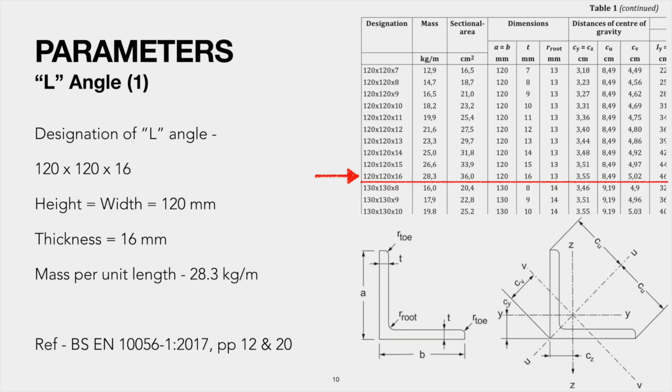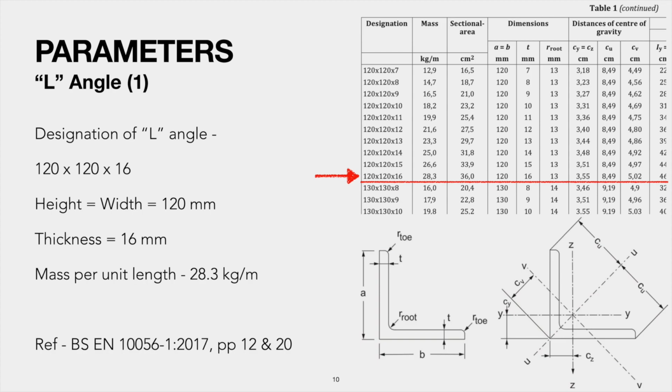L angles are used to make connections between different steel elements as well as to connect to concrete foundations. Specific names are allocated to L angles depending on the position, such as erecting cleat, angle cleat, web cleat and so on. In this exercise we are using 3 different L angles and specific technical details are extracted from BS